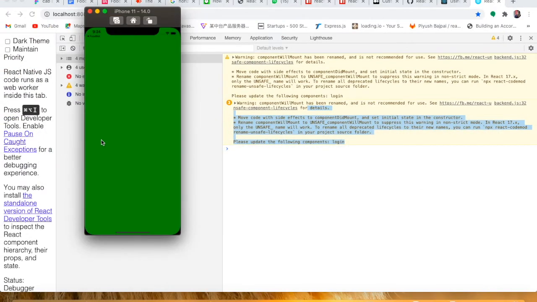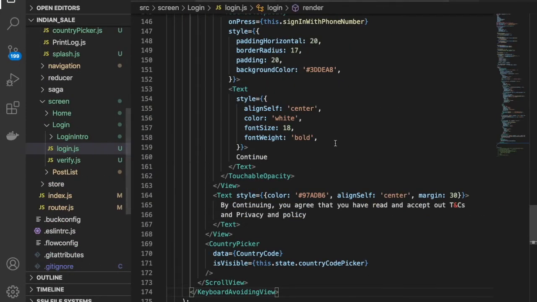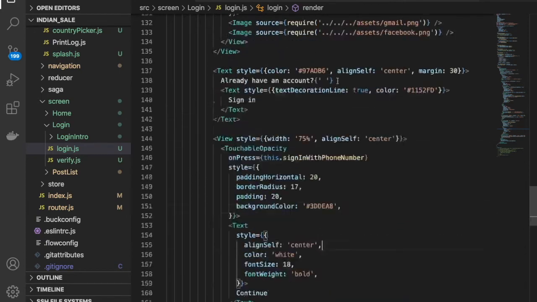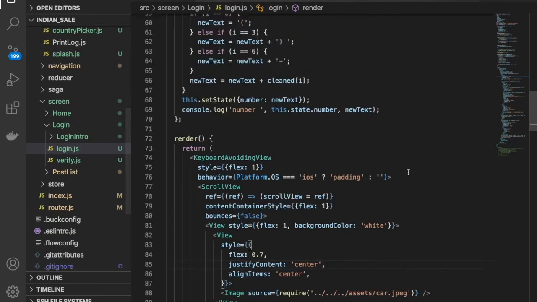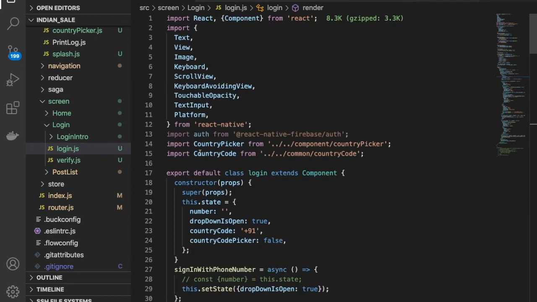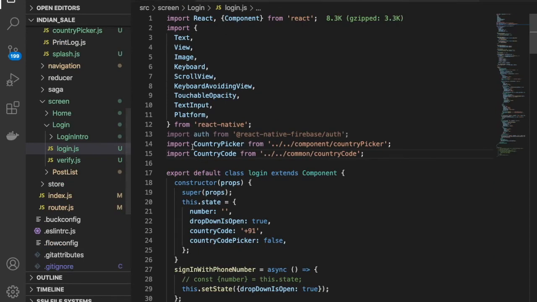Okay, so now opening again, and nothing is happening again. Everything is fine here, but still we have some issue running. So that we can check, let me go to the login. Okay, so we have this country code, this is exported, not default, so this is the problem.